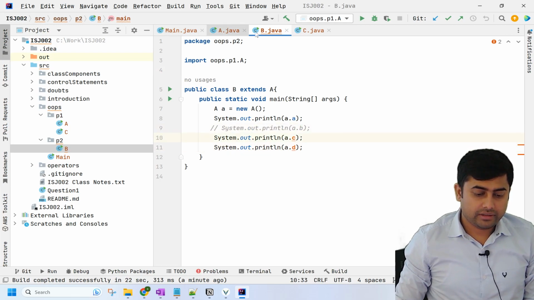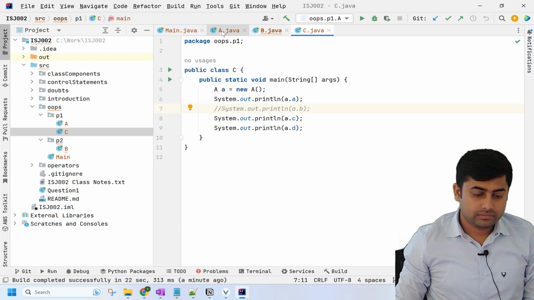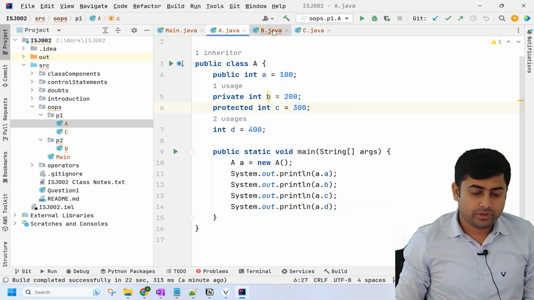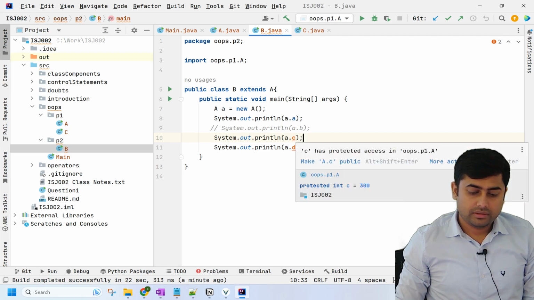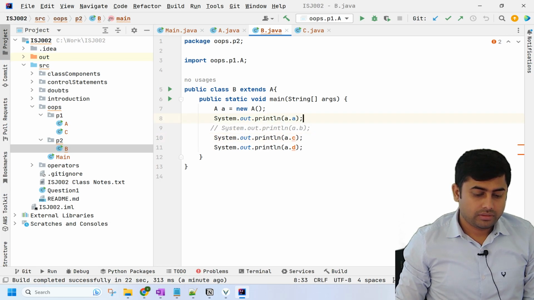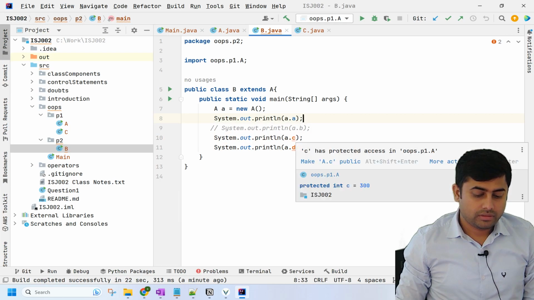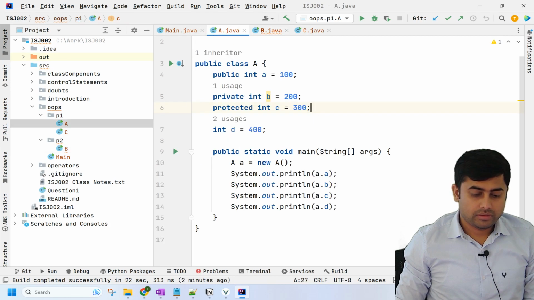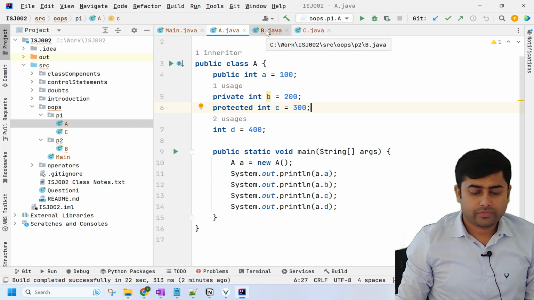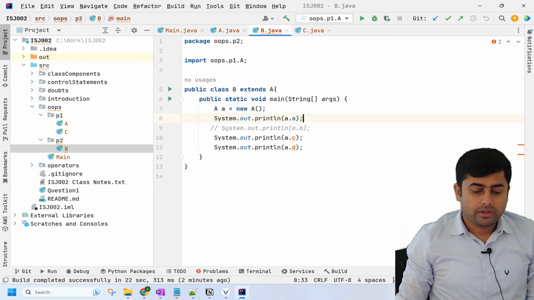Are both private? Okay, C should be accessible. Why is C not able to access? Yeah, we can have multiple. Yeah, that also works. So what it means is